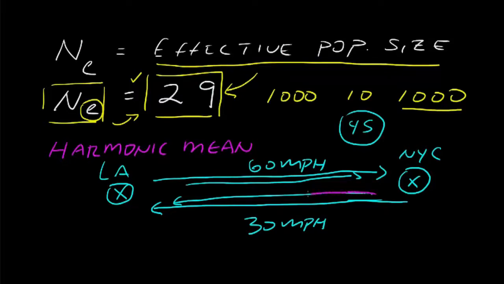So you've got 2 units here, you've got 1 unit of travel in this direction, 1 unit of travel here. And so the harmonic mean accounts for the fact that you're going much slower during this rate than you are during this rate. So in some ways, when we're dealing with effective population size, we're kind of dealing with rates. We're saying, well, in our first period, our first year, our first generation, we have kind of a rate